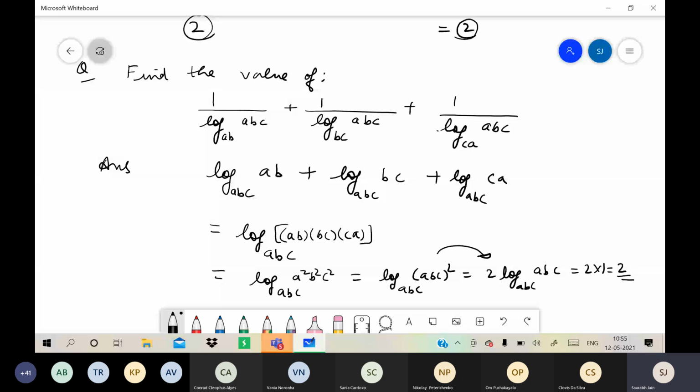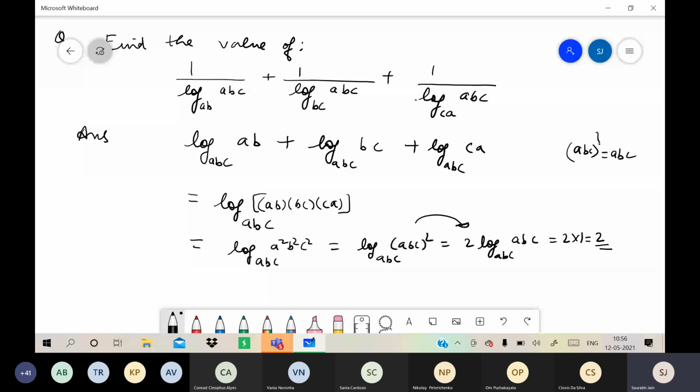So in fact 3 properties are used here. How good this question is. We have used 3 properties. Which ones? Here we have used reciprocal, then here the addition property, and here we have used that power property where the power comes in multiplication. Correct? So you are understanding the topic because you are giving the answers. That's great. Let's take the next question.